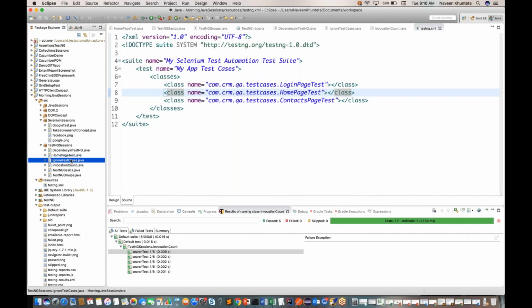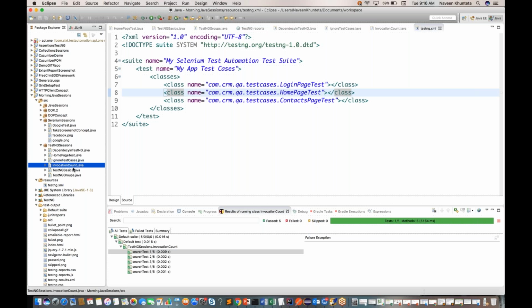Home page test, ignore test, invocation, and so on. So many, 100 test classes I have. It's not like every time I'll open a class and execute it, I cannot do that if 100 classes are there. So I need one file where I can define all the classes, and I just need to execute that and it will trigger all the test classes,